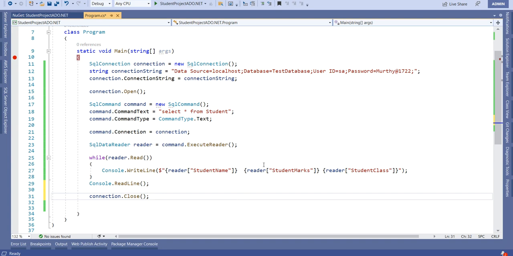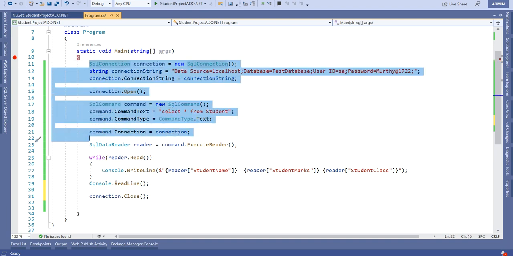Actually, we have another method. Instead of closing this connection manually, sometimes we may forget to close this connection. So we have another method, using that one, we can define the connection object so that we don't need to close it. It will close automatically once the connection is executed.